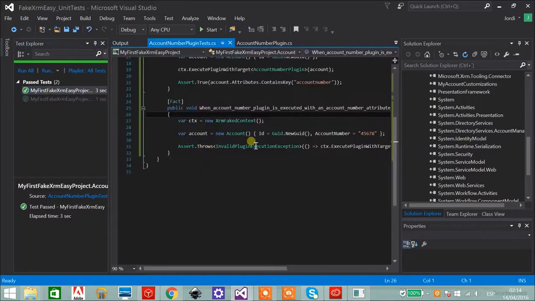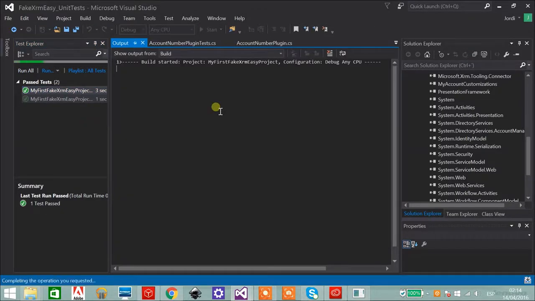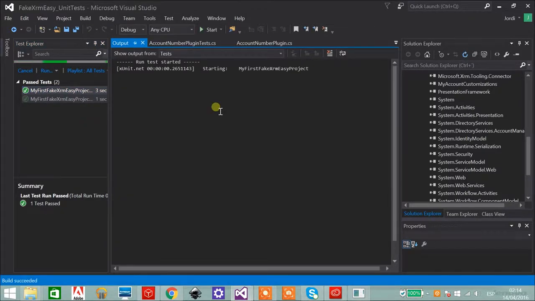As you can see, I can just quickly test any changes to the plugin just by running the test. I can also run both tests at the same time now, but without even registering the plugin via the plugin registration, without going to CRM, without doing many different steps just to test this small piece of functionality. This is the point of using testing as well. So I successfully implemented these two tests, and actually I have also shown you how to debug your tests if